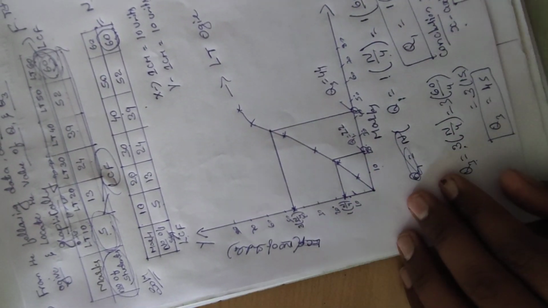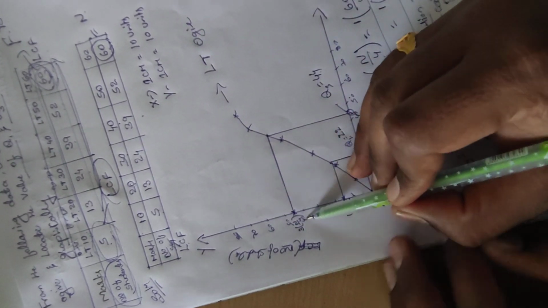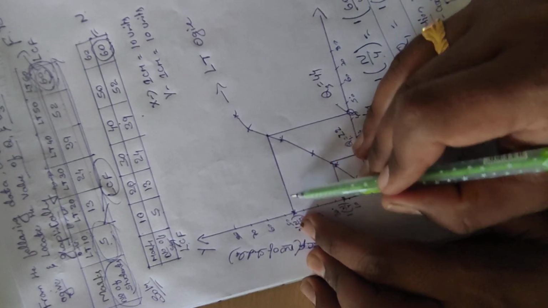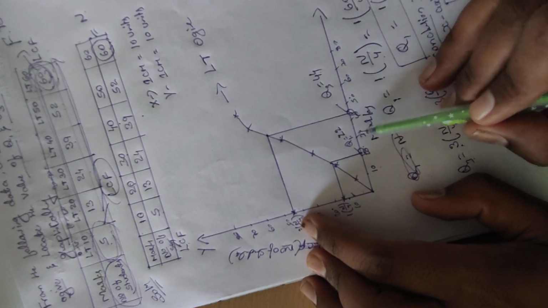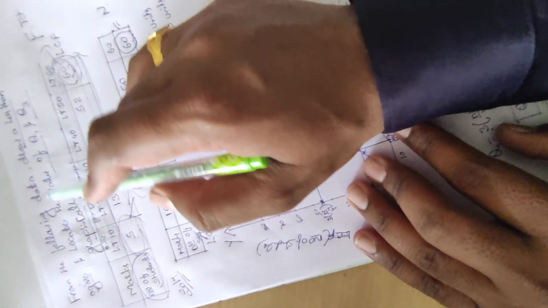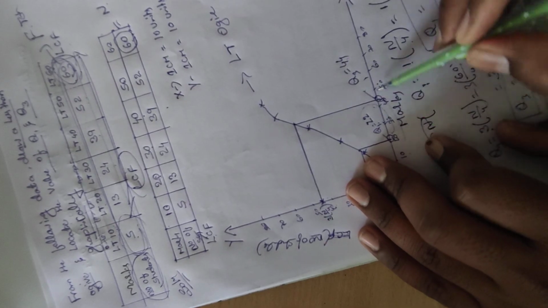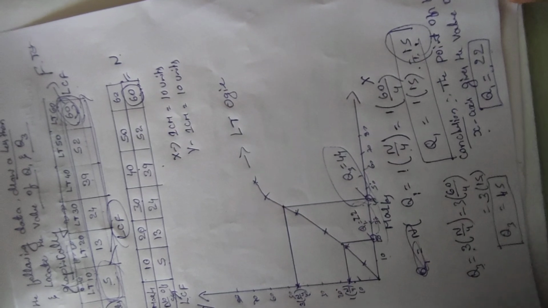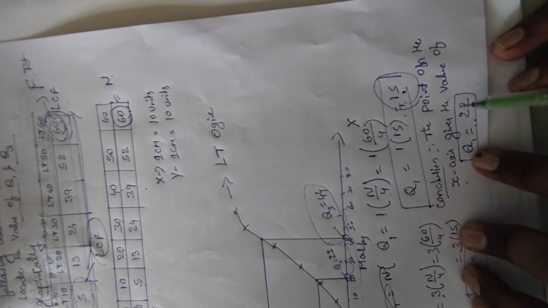Based on this formula we are identifying the values. The values we have to represent on the y axis. Based on the y axis we have to connect to the x axis. The x axis value at that connection is called Q1 and Q3. This is the solution for: locate the values of Q1 and Q3 graphically. Okay students, after identifying, you must give a conclusion.